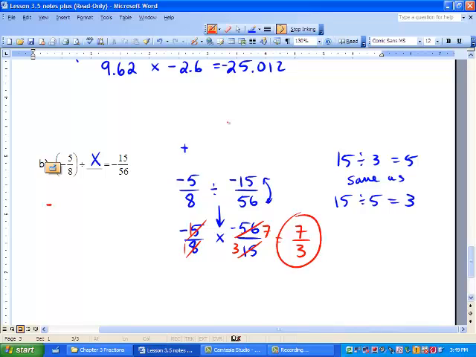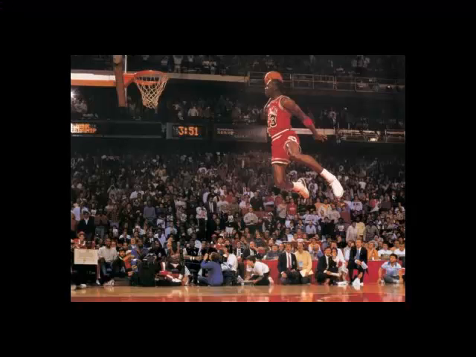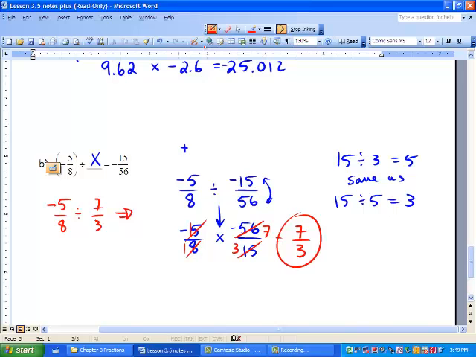Now let's check our answer. Negative 5/8 divided by 7/3 should equal negative 15/56. Now you might say, oh, that doesn't work out. Well, it does, because we have to flip our sign and we get negative